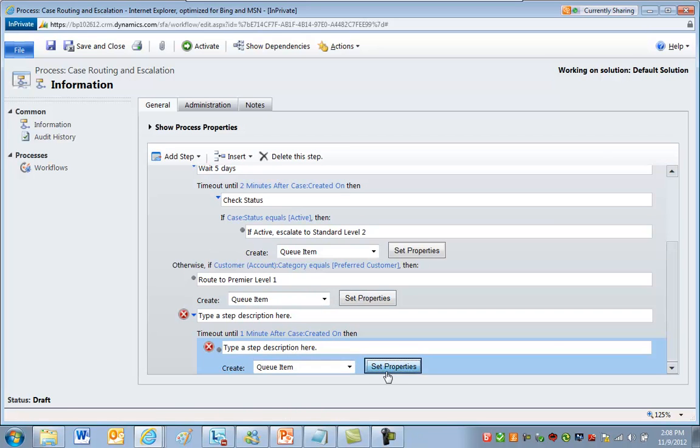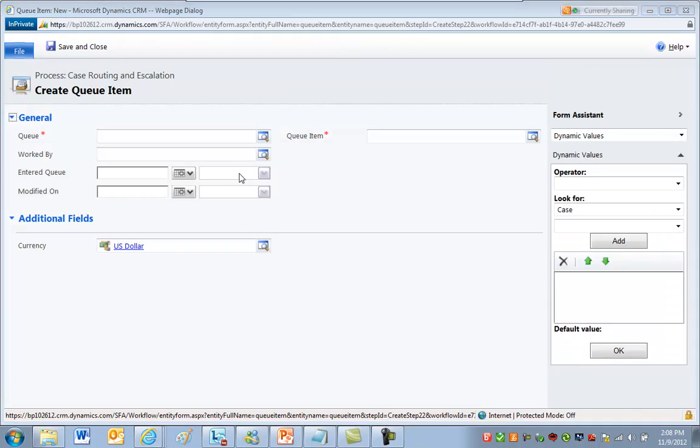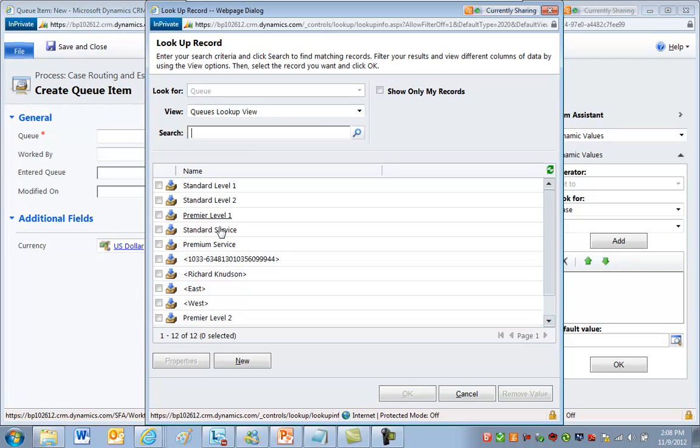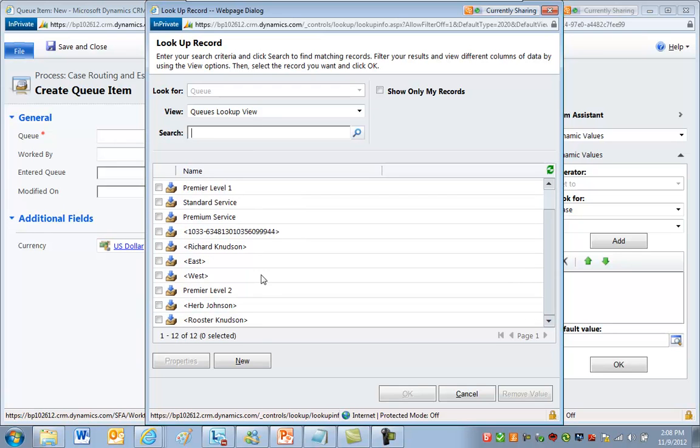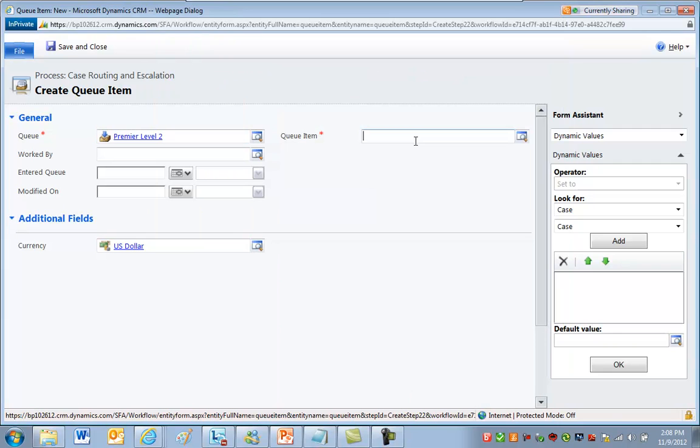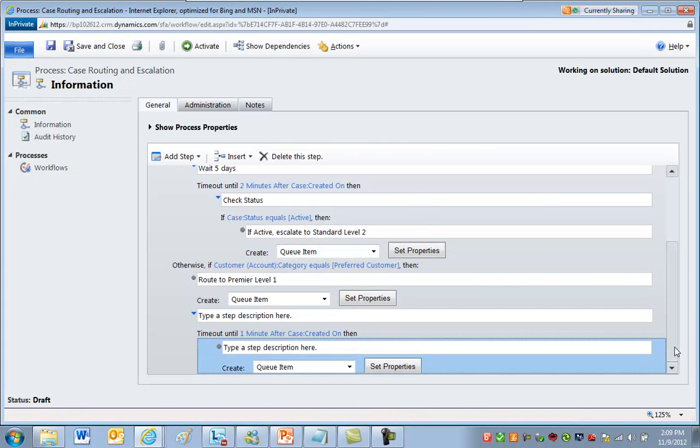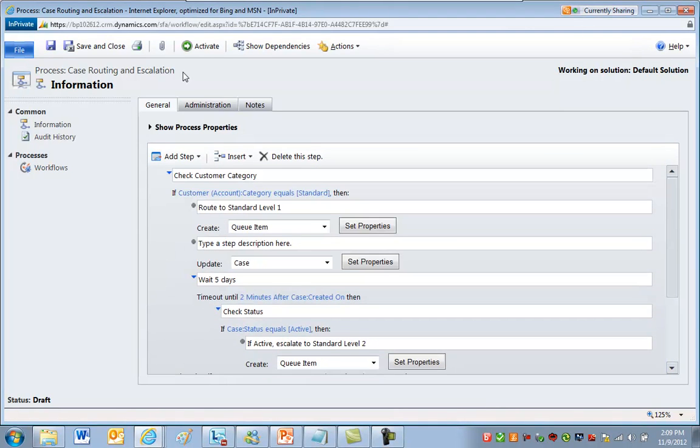So I create a queue item, set properties. Here's the queue that now is created, because I created that, Premier Level 2. And the thing that I route to it is simply going to be the case, right? Not a specific case. It's the case that the workflow is running on. So I don't want to just use that lookup there. Save and close. And then we can activate this thing